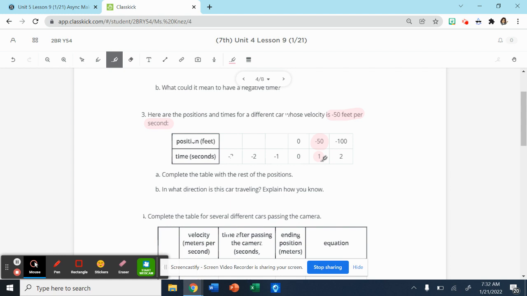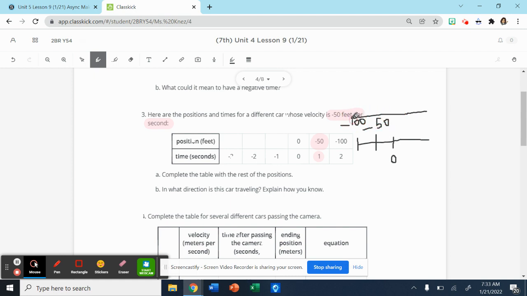So we know that after 1 second, the position of this vehicle is -50 feet. And so if you can imagine that on a number line, right? We have 0. And then after 1 second, the car is at negative 50, right? After 2 seconds, the car is at negative 100. And so we know that this car is moving left because we can see that the position is changing in